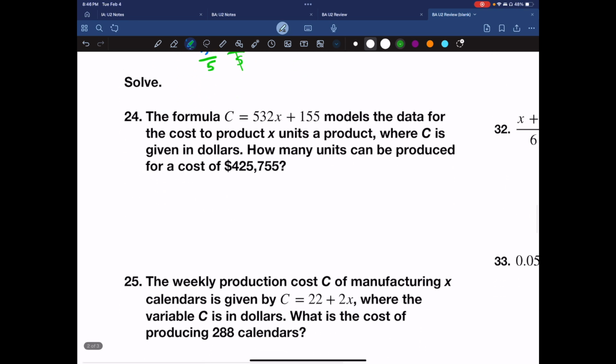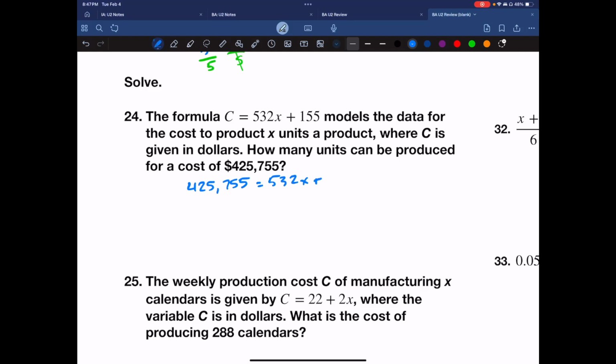All right, a couple of word problems here. The formula models the data for the cost to produce x units of products, where C is given in dollars. How many units can be produced for the cost of $425,755? So because this is cost, I'm going to set that out here. 425,755 equals this entire formula,